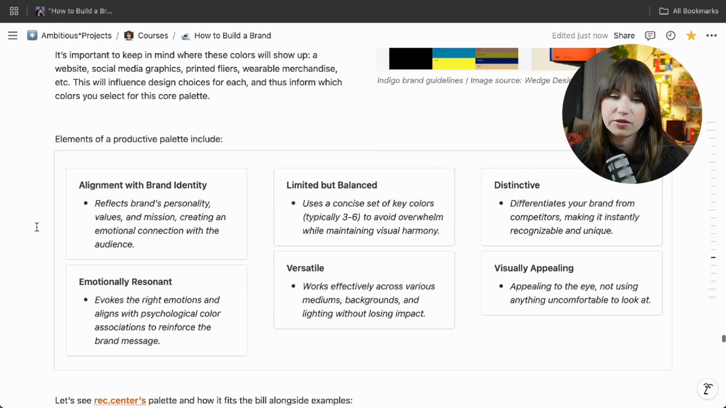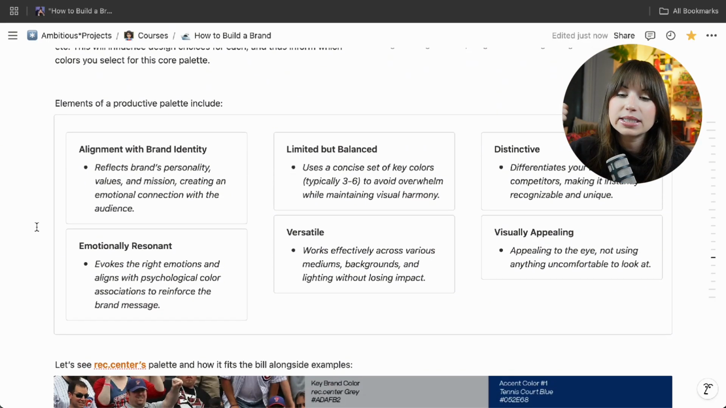You can stray outside of these lines, but just know that for the sake of your brand identity, these are the ones that you own. So elements of a productive palette include alignment with your brand identity, have it be limited but balanced, again, anywhere